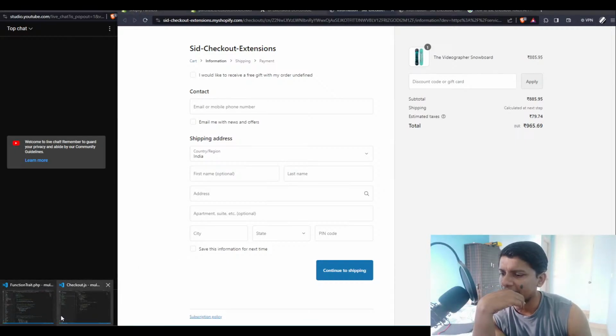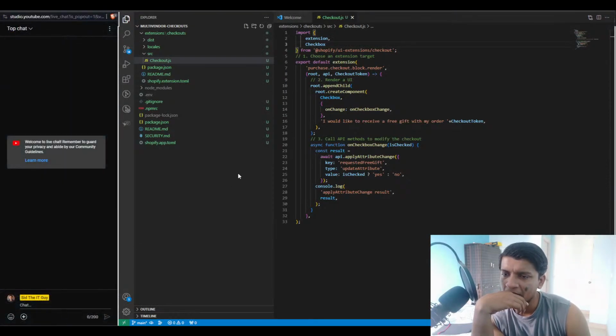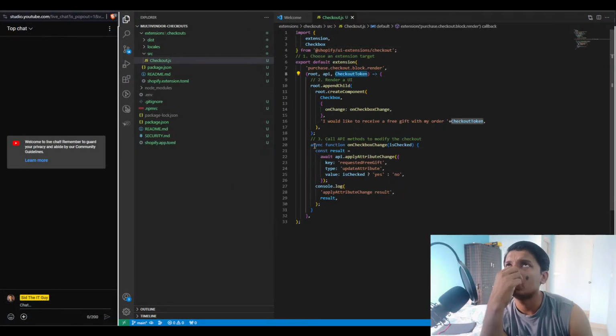Now why is it undefined? Checkout, or is it checkout ID? Checkout token is not the correct